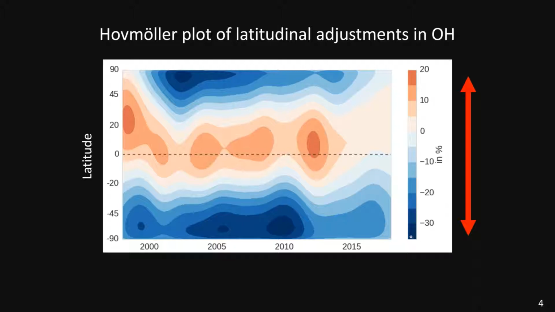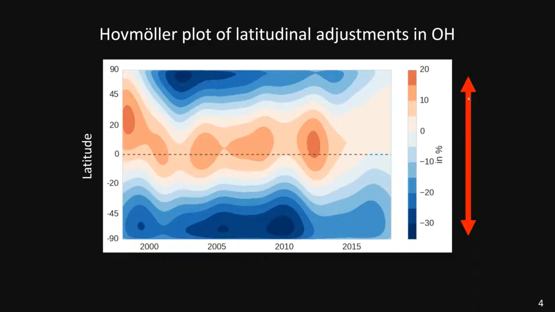What you can clearly see from the scale of the color bar is that while the global variations are only a few percent, spatial adjustments are on the order of tens of percent. So they are a lot bigger than the global mean variations. Another thing to note is that the adjustments seem to be pretty systematic, in that there seems to be a tendency to add OH to the tropics and to remove it from the extratropics. Of course, because we use observations to derive these variations, the explanation for these variations is in the observations.